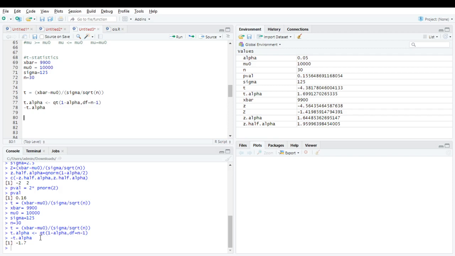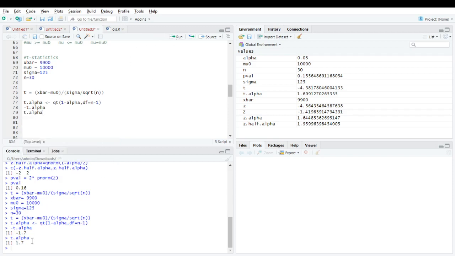Now, what will be the upper tail test of population mean with unknown variance? You know the hypothesis here, basically the null hypothesis, which is mu is lesser than or equal to mu 0, right? So if you put the same thing in the same formula, like we have t value, we have minus t alpha. So in this case our interest will be t alpha, which is 1.7. Okay,